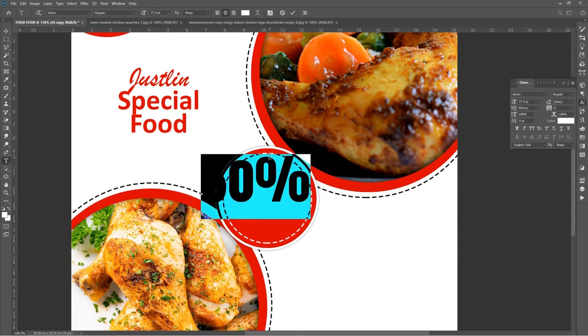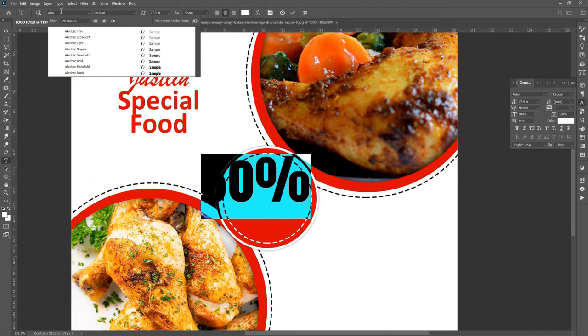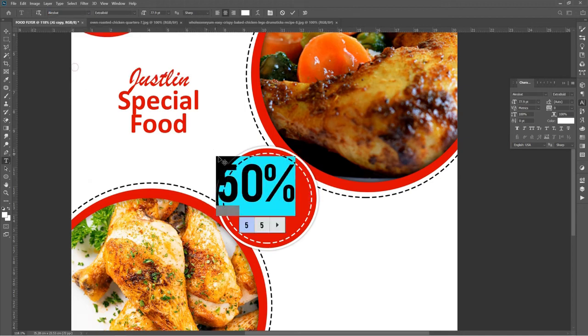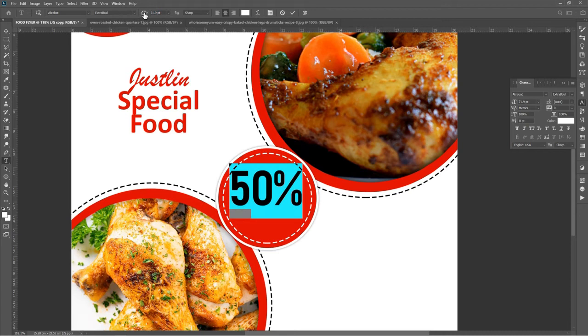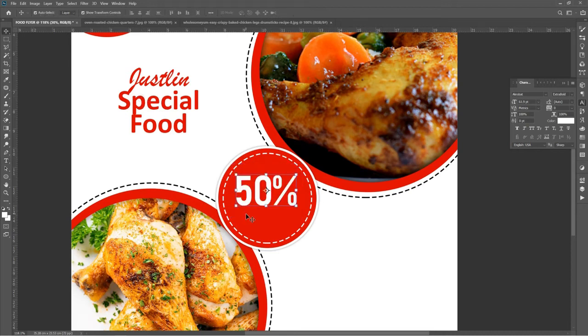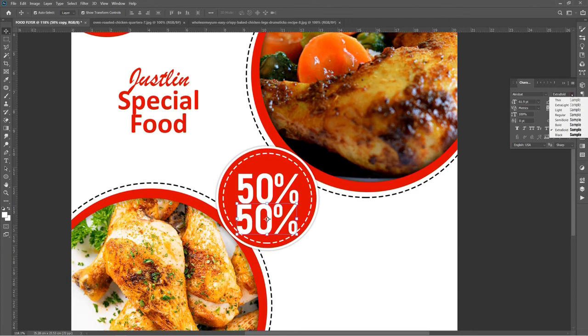And I'll change the font to Acrobat. It's also one of the fonts I love so much, Acrobat. Okay, and I'll decrease the size a little bit, and I'll position it in the circle. And then I'll change the font, no, let me change it to regular, and then I'll decrease the size,